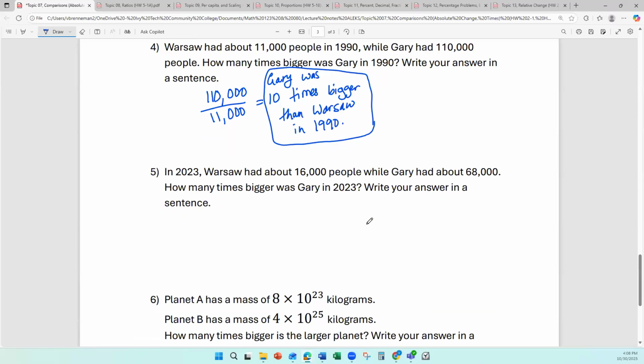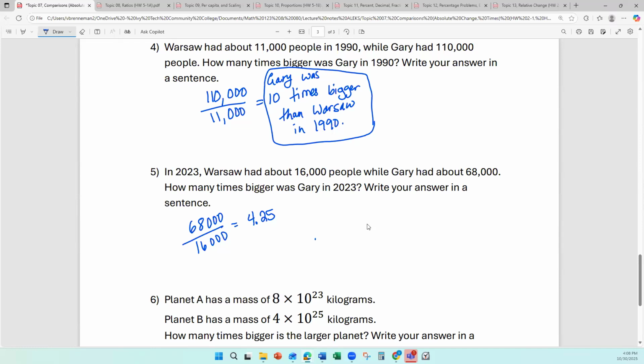Then in 2023, Warsaw had about 16,000 people. Gary had about 68,000. How many times bigger was Gary? So now taking 68,000 divided by 16,000, and that comes out 4.25. When we're saying how many times bigger, especially if it's toward the middle, if it was like 4.5, I probably wouldn't round it. But 4.25, I might say